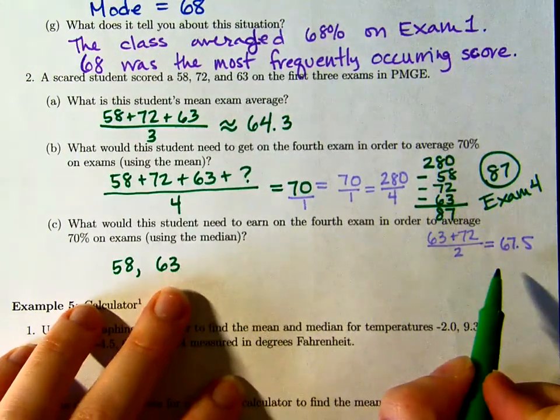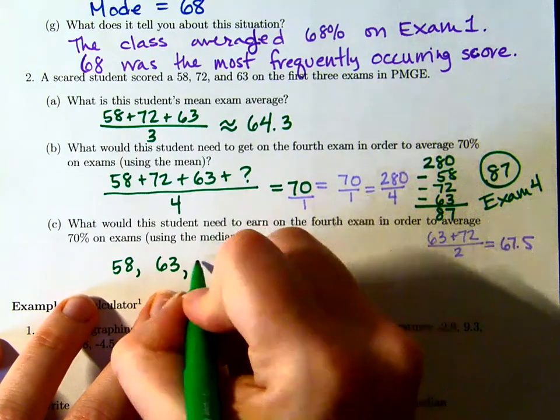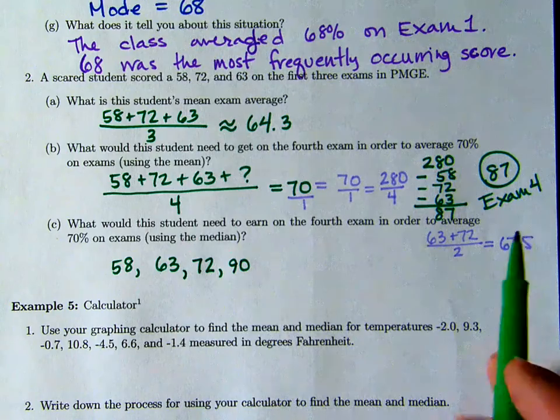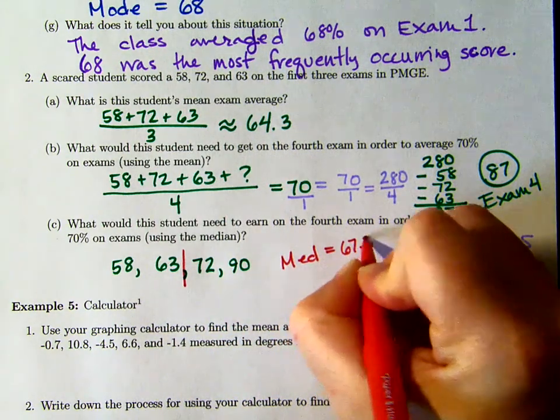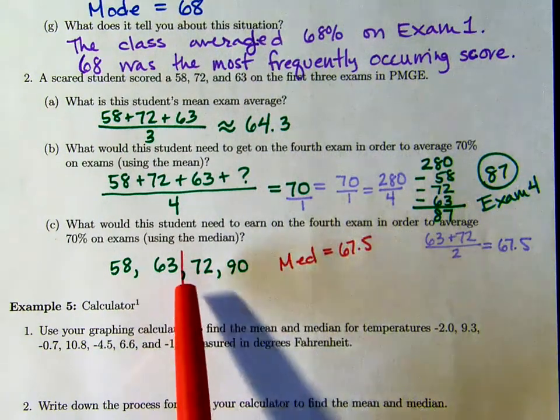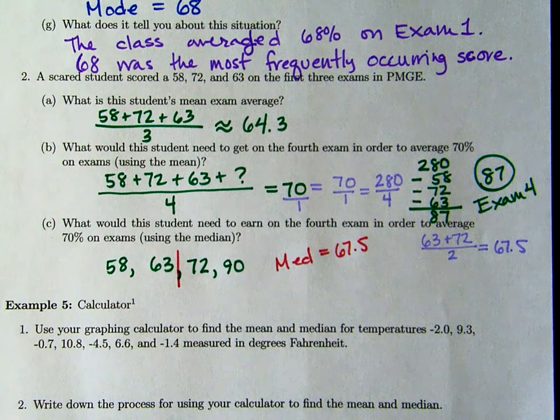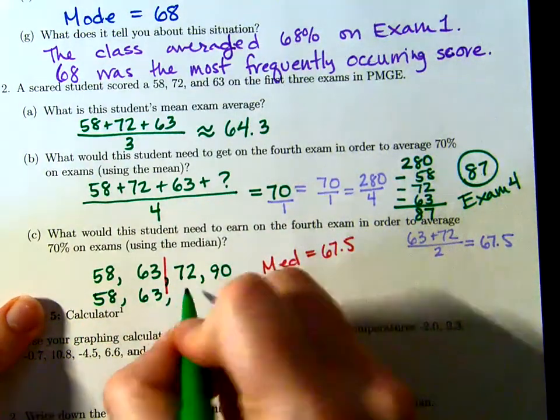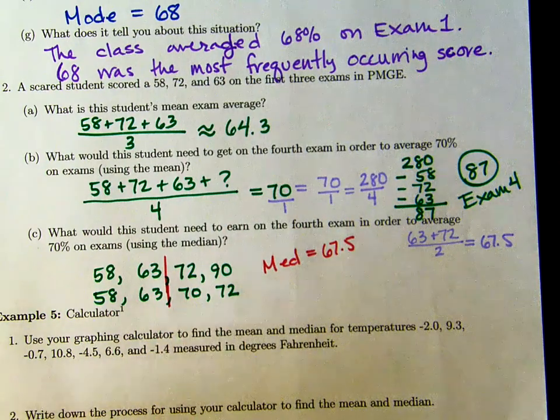So here's the deal. If we include, okay, let's see, we have a 72. If we put the 72 here and we include a higher score, even if they scored a 90, then the student will have a median of 67.5. So if they score high, then it won't really pull up their median. If they scored low, then it will probably pull that median down. If they scored lower than a 72, let's suppose they score a 70 itself, then that median actually went down a little bit. Directly in the middle of 63 and 70,